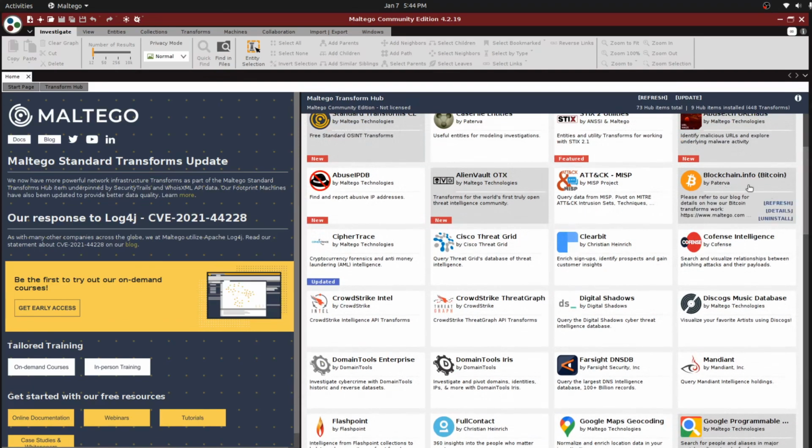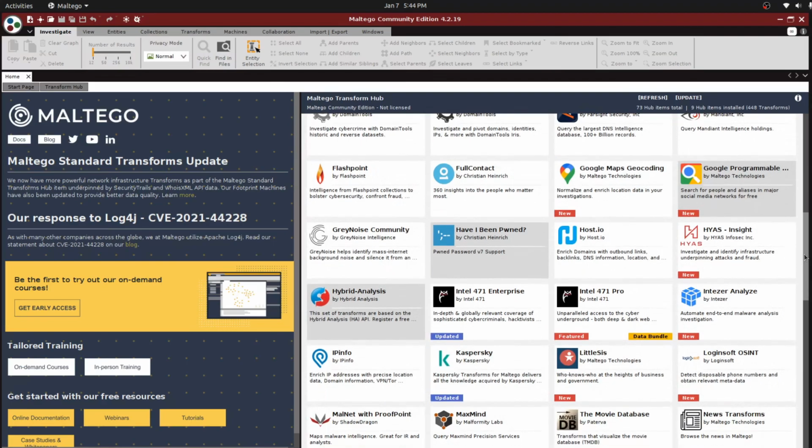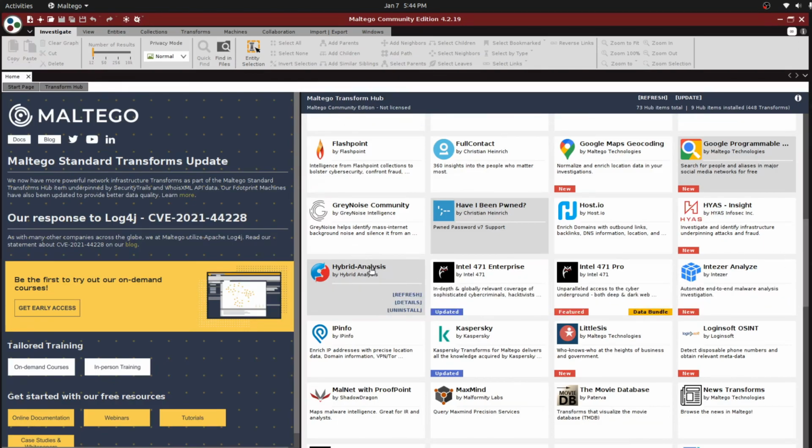Apart from that, you can also integrate blockchain.info, AlienVault, of course, and you can also integrate a few other threat intelligence portals. If you are a malware researcher or cyber security researcher, you might be familiar with these applications or websites. So Hybrid Analysis is an online sandboxing tool. So I already integrated this tool with Maltego. A few tools might require an API key. Since Maltego uses APIs to communicate with those applications, in this case, I integrated Hybrid Analysis by using the API key simply.